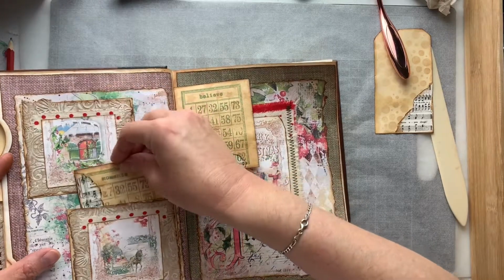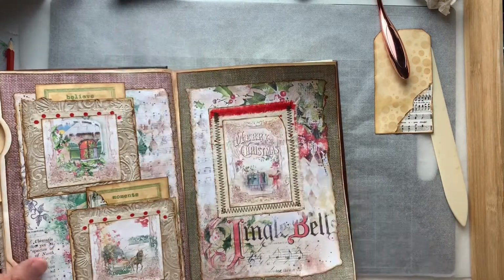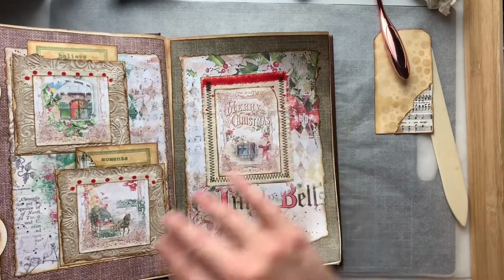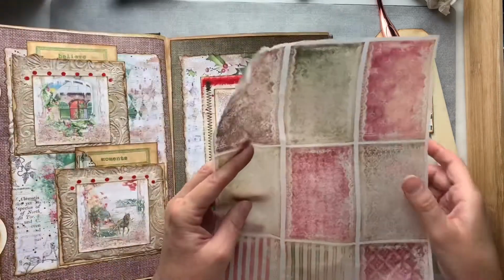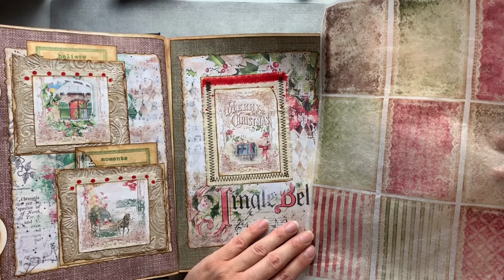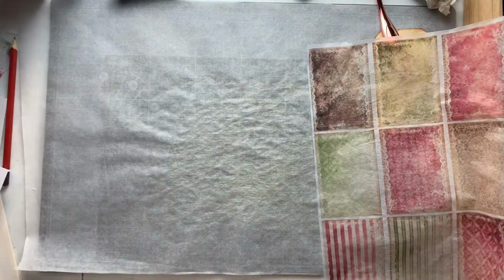So, oh, I love that they're showing at the top. So cute. Okay, and this last one. Just like that. It's all stuck together. I think I might use this one at the top. And then